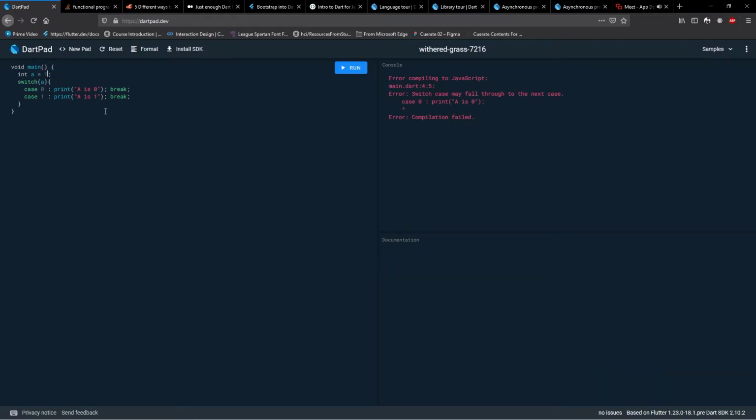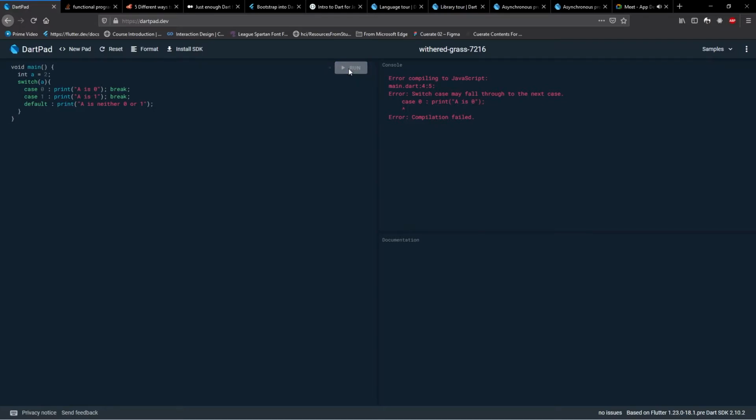Now what if I have A is equal to 2 over here, but I don't have a case for it. All right. So switch case gives us something called a default. If every single case fails, sorry about this. Yeah. So if every single case fails, it's going to do the default case. So in the default case, we'll print A is neither 0 or 1.